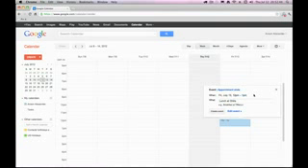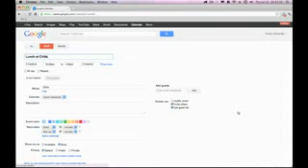Generally speaking, when you create an event, you're probably going to want to specify a little bit more information about your event. So instead of hitting this Create Event button right off the bat, go ahead and hit this Edit Event link. And when you do that, it's going to take you to the event creation screen. And I just want to